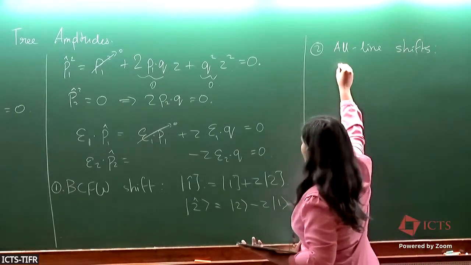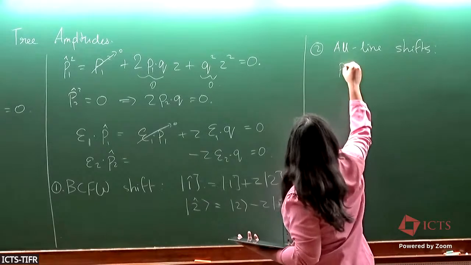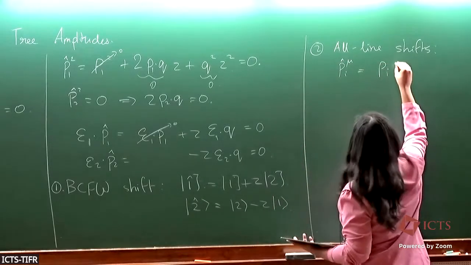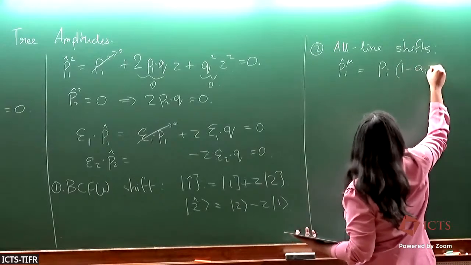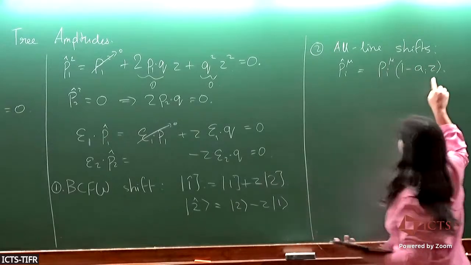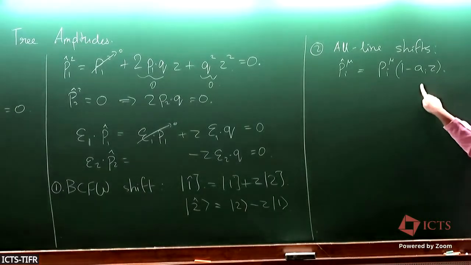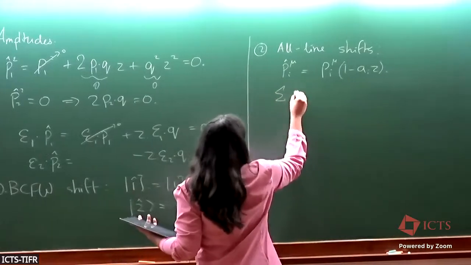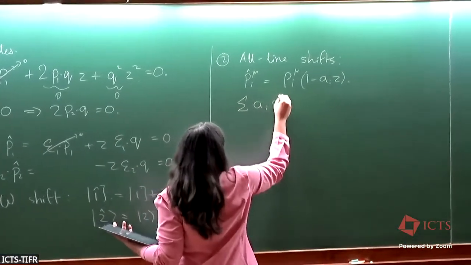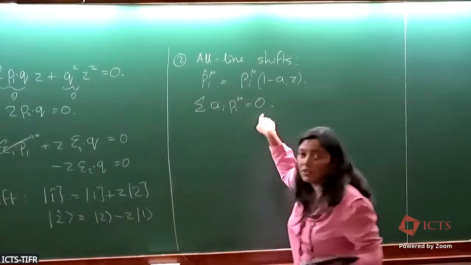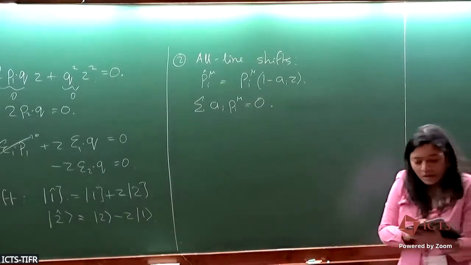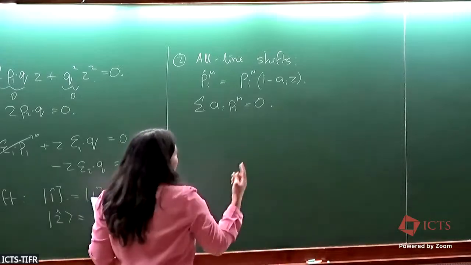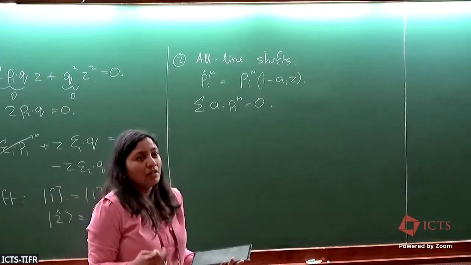Okay. So here what I'm going to do is every single momentum for every particle I'm going to shift in the following way. Now, clearly, there's additional information that I need here, which is that the sum over a_i p_i^μ needs to be 0. Otherwise, this is not an on-shell shift, right? But there's something nice about this shift, which is you know exactly where in z space your soft momentum